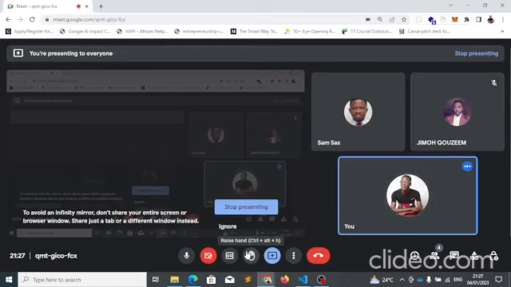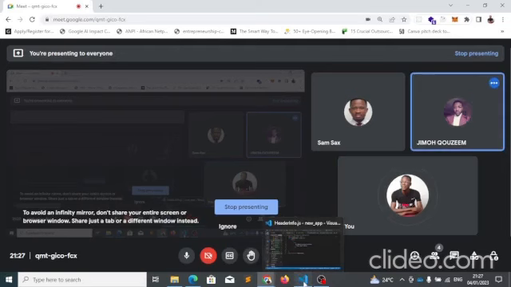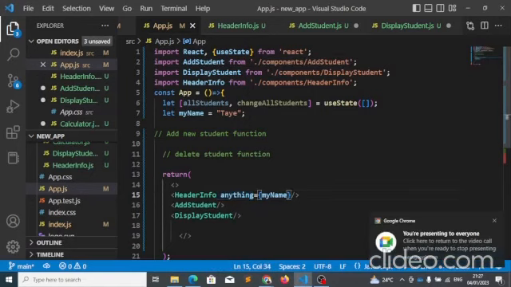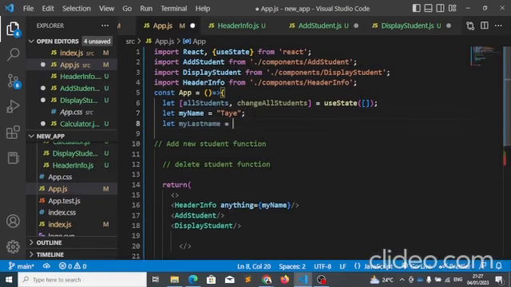So what if we want to pass more than one variable? You can pass as many values as possible. You can come here and pass another value, let's say last name. I can pass this down also as another prop, my last name. So we can get it here and say my last name is